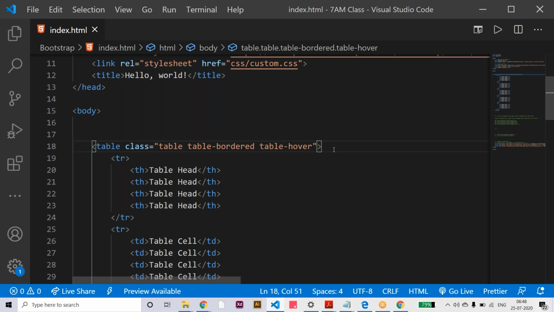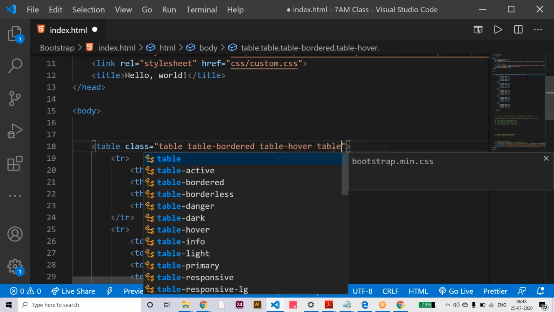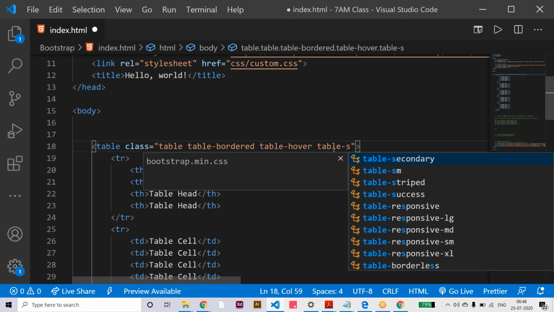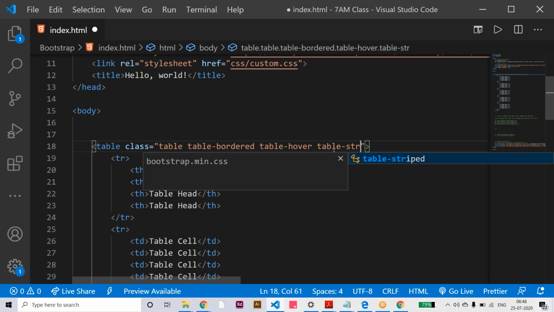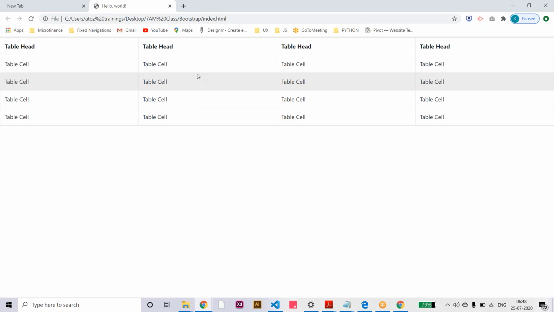And one more is the striped class: table striped. Now all the rows have a plain white background.